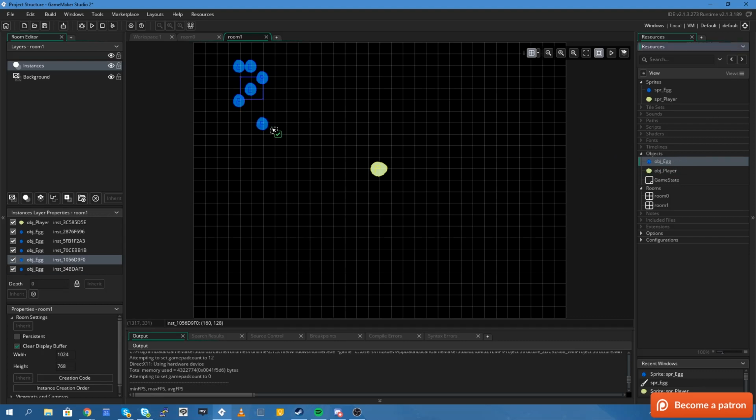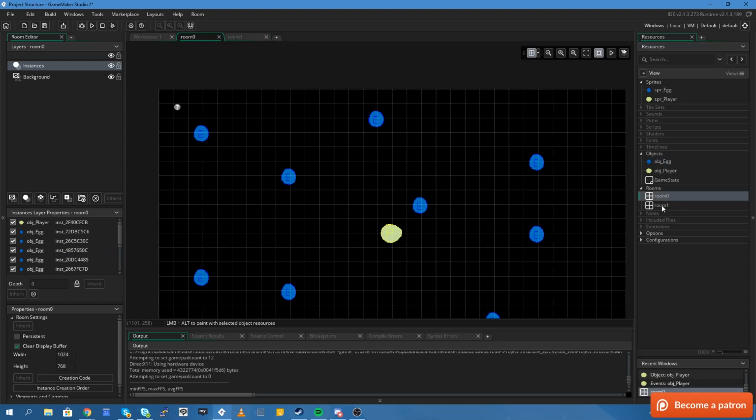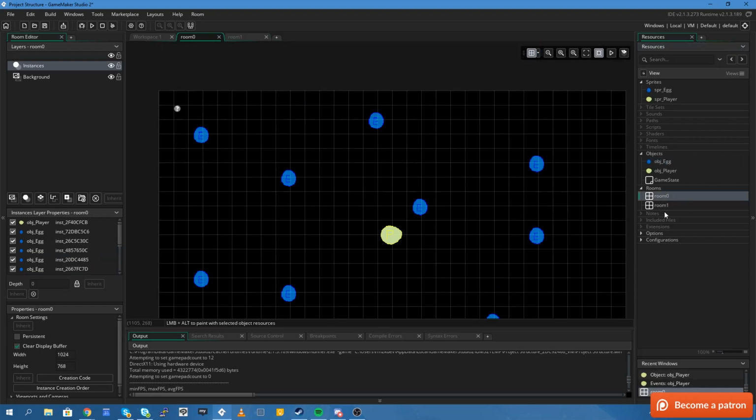Oh god, what am I doing? This is my dodgy drawing of a number 2, so please forgive me, just so that we know where we are. There we go. And I'll put an egg or 2 near the player just so we can pick them up as well. Right, so in our room 0, which is where we start, and then in our room 1,